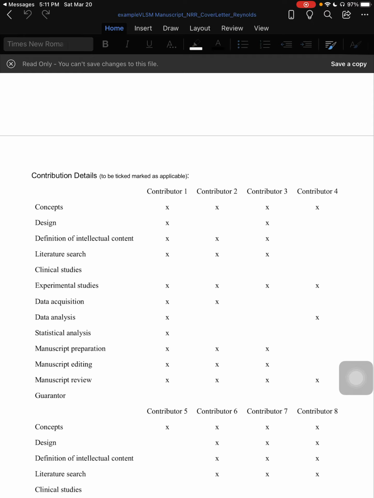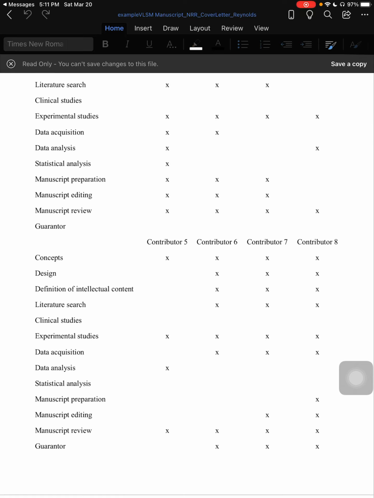Who were the authors who searched for the literature to do the introduction, who did statistical analyses, who wrote the paper, who designed it, who contributed to the concepts, things like that. And so this gives you an opportunity to say exactly where those people contributed to this